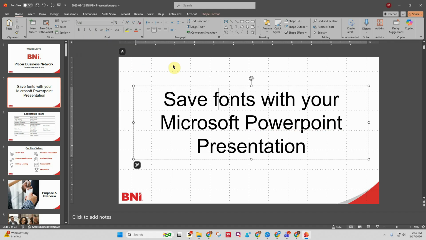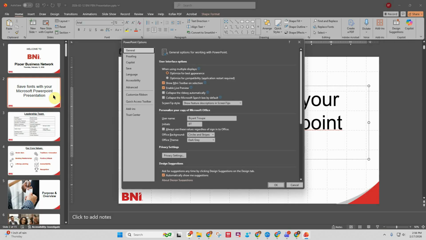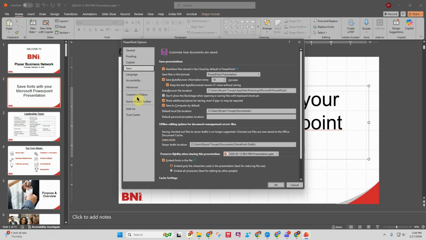So the important thing is you configure your PowerPoint to save any embedded fonts, and this should be a setting you only have to do one time, but you may want to check it anytime you're sending a presentation to somebody else. So what I'm going to do, I'm going to go to File, I'm going to go to Options, and we're going to go to the Save options. And right here in the General section, in the Save section, there's a checkbox, Embed Fonts in the File, and then you can either embed